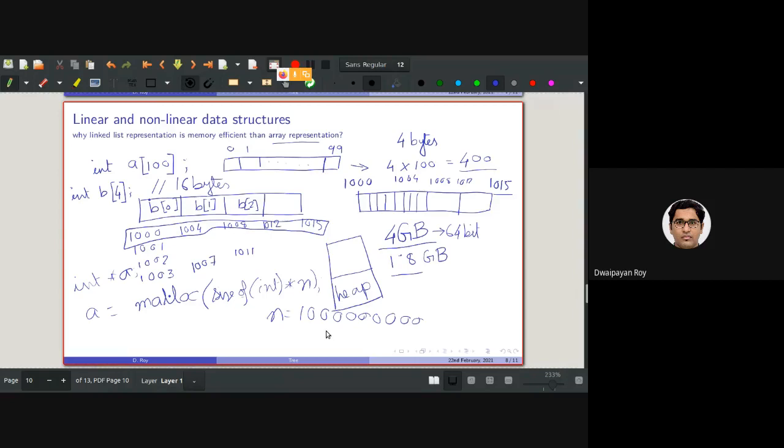you might get one runtime error. There will be no compilation error because it is syntactically correct. But while running, it will see that this much memory is not available in the heap space, and it will create one runtime error. And if you are using some kind of GCC compiler, it will give you a segmentation fault error.